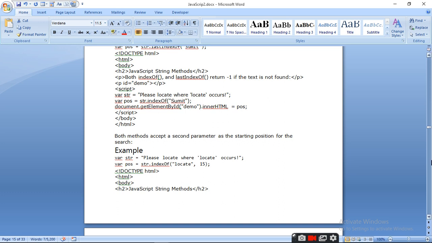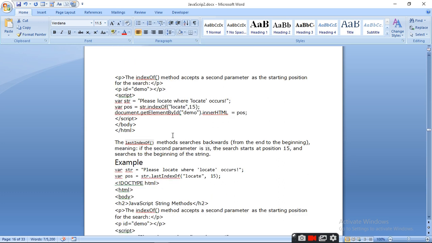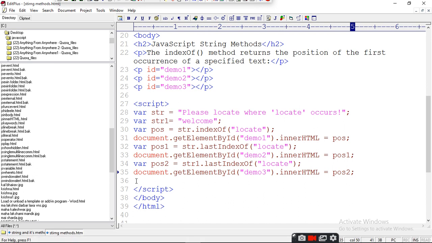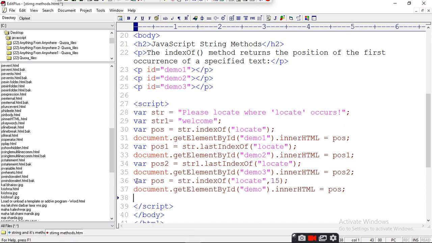After 15 it will give you the locate. So write it again here, Control V, position 3, okay, and then str indexOf locate.